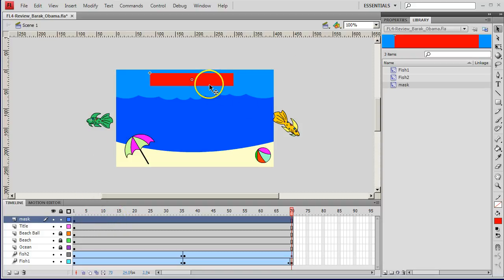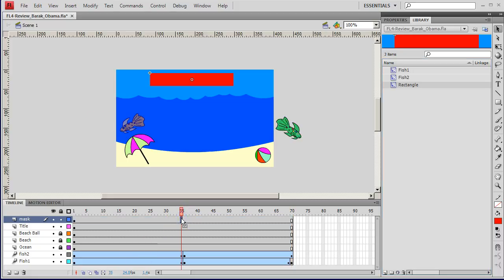Oh, you know, we should have called it, instead of mask, we should have called it rectangle to get our name straight. So let's RECTANGLE, so you can follow along with the text in the book. Okay, the next thing we're going to do is insert a keyframe at frame 35, F6. Okay, and then at frame 1,